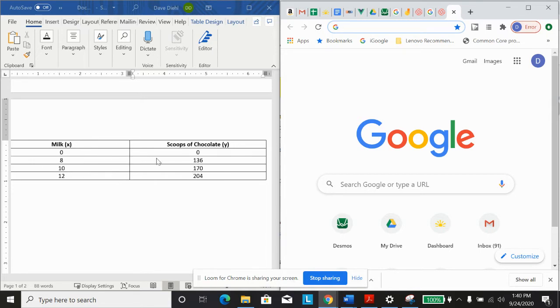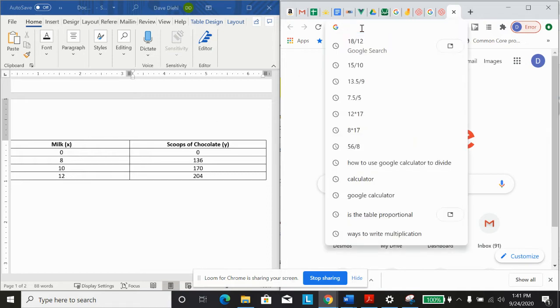So I want to know if 136 divided by 8 is the same thing as 170 divided by 10, is the same thing as 204 divided by 12. If I can do that, then I can figure out whether or not this table is proportional. So let's do